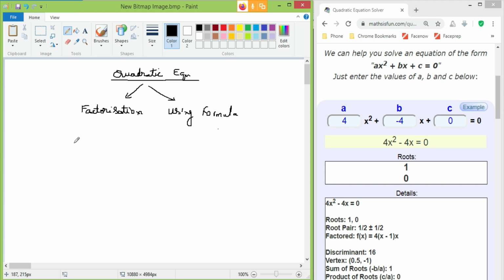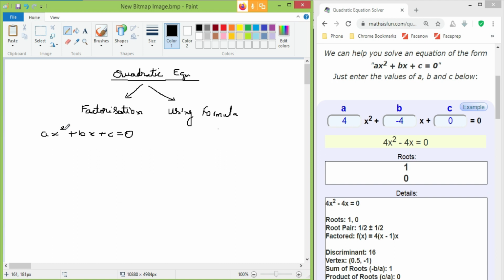Yeah, guys, I'll just go with the question here. Before getting into the question, I'll make a note of the standard form of a quadratic equation, that is ax square plus bx plus c is equal to 0. This is the standardized equation which represents a quadratic equation. An equation is called quadratic, guys, when the highest power in that equation is 2. If the highest power is 1, then it is a linear equation.